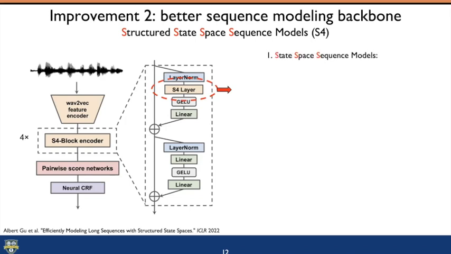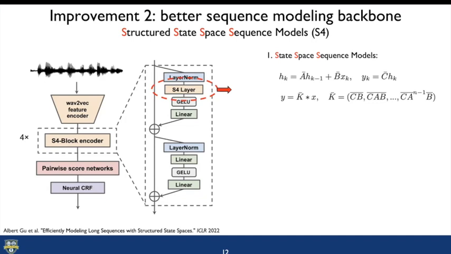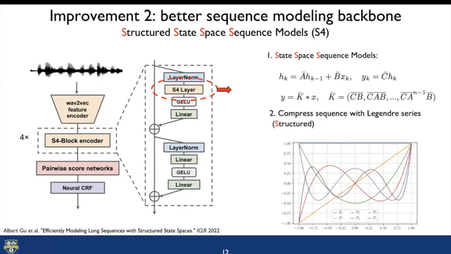On one hand, the state space functions can be written as a recurrent layer. On the other hand, it can also be written as a convolutional layer with a very long kernel. With this equivalence, the S4 layer is a convolution layer but can model a very long sequence in one single layer. Another important aspect of this method is that it utilizes the Legendre series to compress the sequence into a